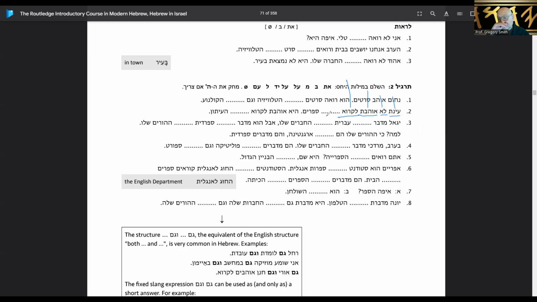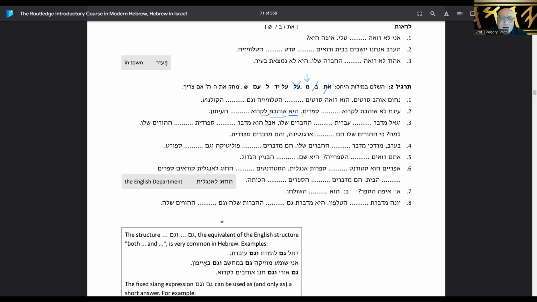likro, to read. Okay, so we've got sfarim here. So that's books. To read. So this is indefinite here. There's no hey here. She does not like to read books. Let's see. I don't think we're going to use this one. This one is a possibility. I don't think that one. No. Let's move ahead here and see what this one is talking about.